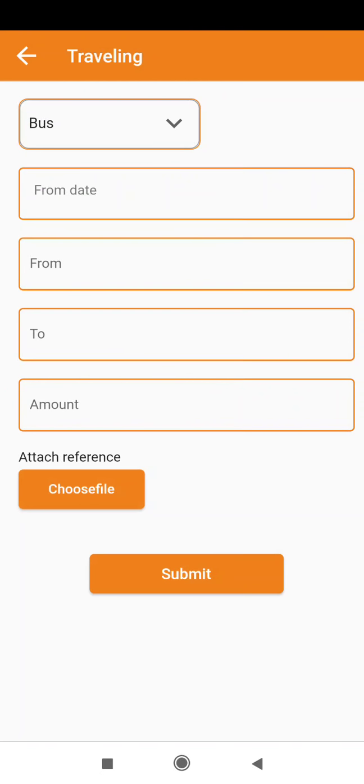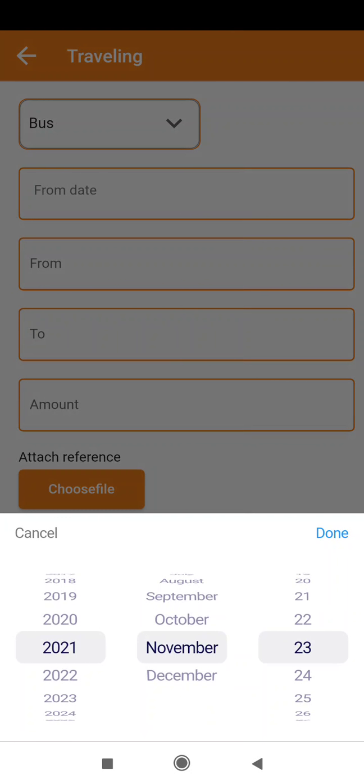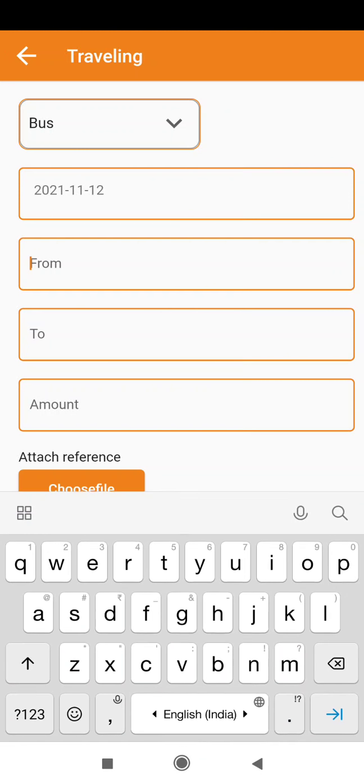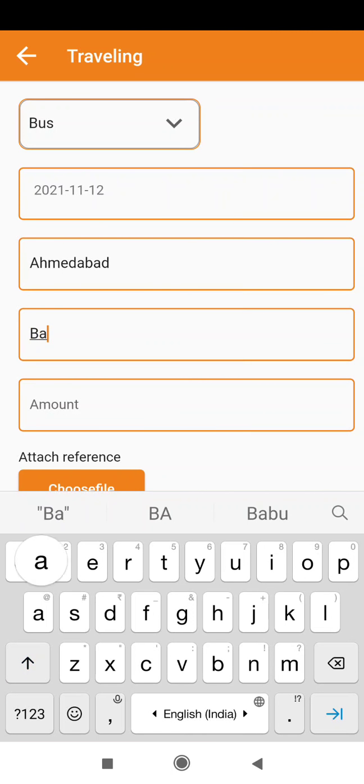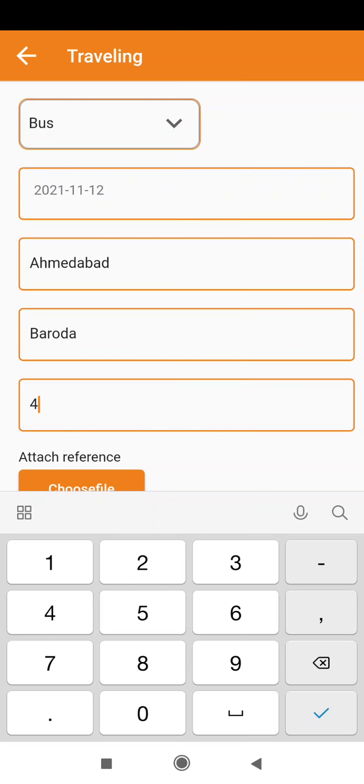I am adding bus, with the date of traveling, from Ahmedabad to Baroda, 450 rupees.